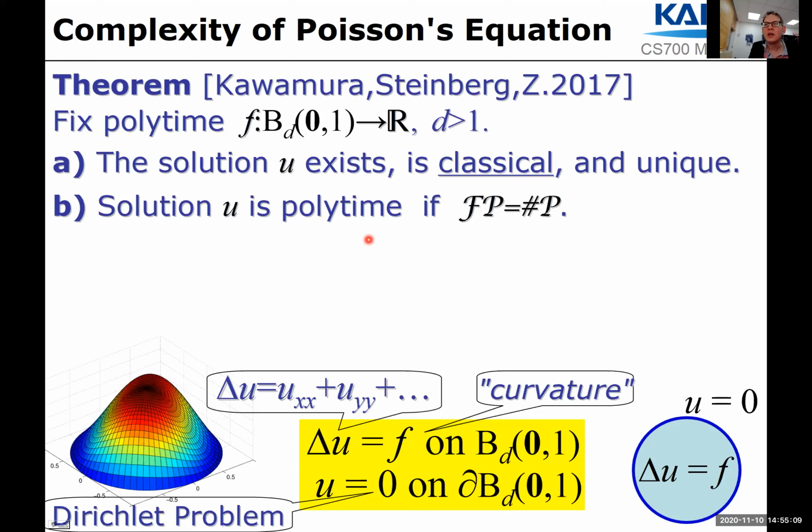And let me remind you that this is a non-uniform result. As with Riemann integration, where we would fix the polynomial time computable integrand, here we would fix the polynomial time computable right-hand side. The question of dependence on the right-hand side